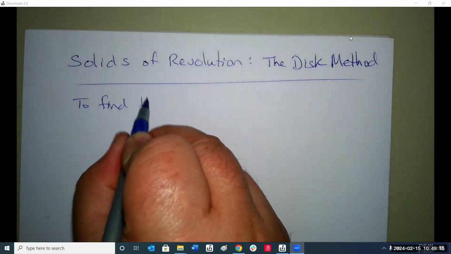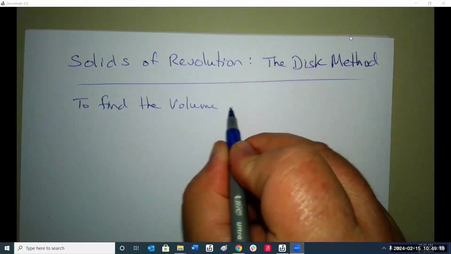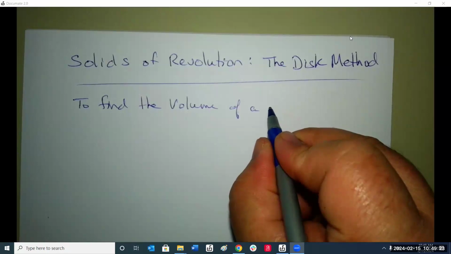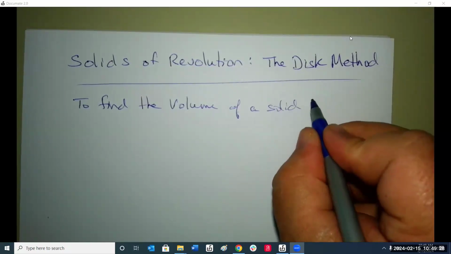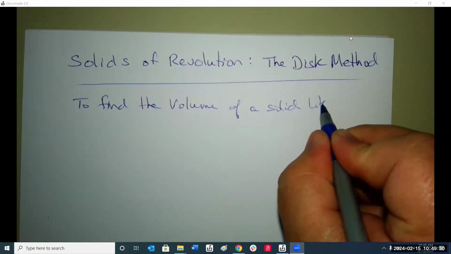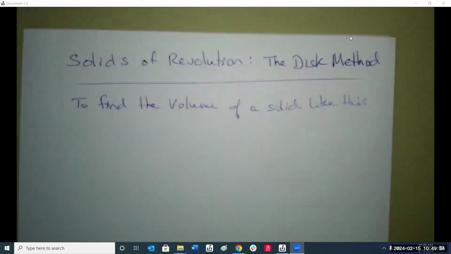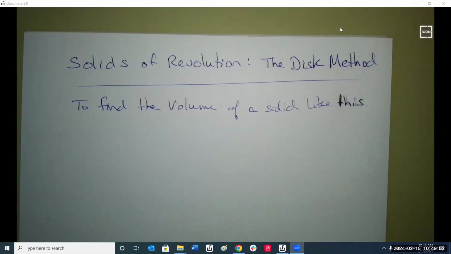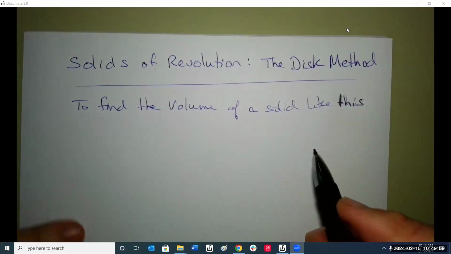So to find the volume of a solid like this, hold it, my pen's dying. Gotta find me another pen. Hold it. Right, that one's dead. So to find the volume of a solid like this,